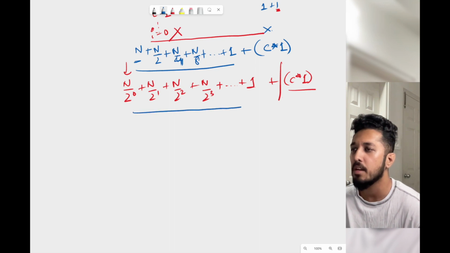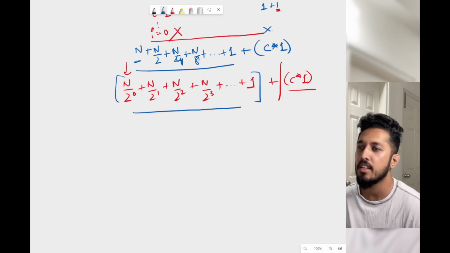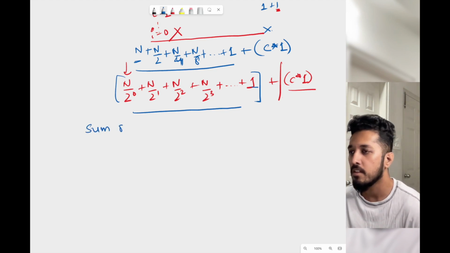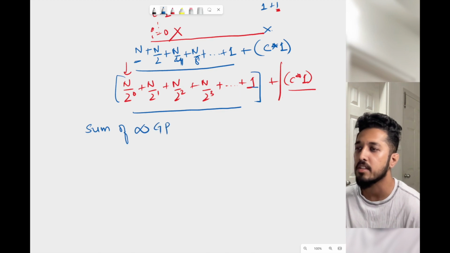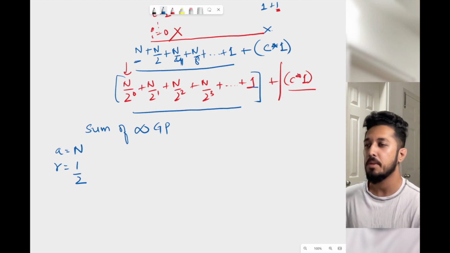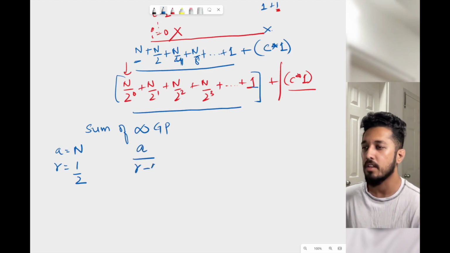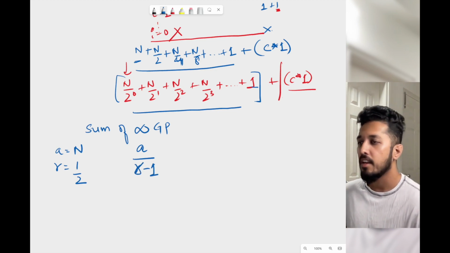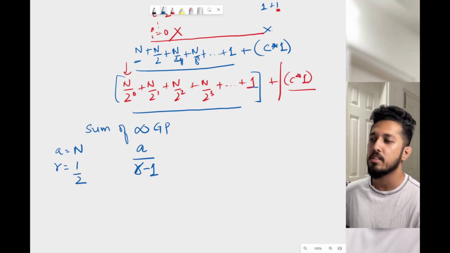So if we are able to compute the sum of these terms, then we can say that that is the time complexity. So this is nothing but the sum of an infinite GP, or geometric progression. In this case, the common element that can be taken out is nothing but n, which is a, and we have the common ratio between all of the elements as 1 by 2. So the formula for the sum of an infinite GP is nothing but a by r minus 1. If you guys remember mathematics, or for now you can just refer to this particular formula here, right? No need to go in depth, but yeah, the formula for this is going to be a by r minus